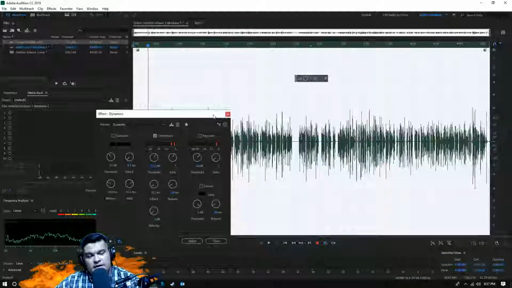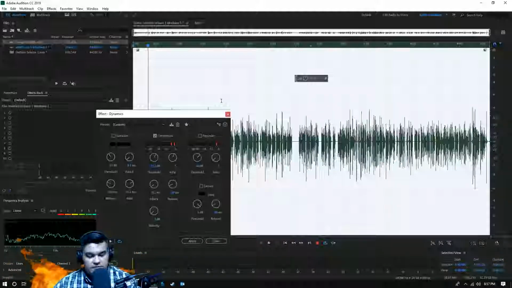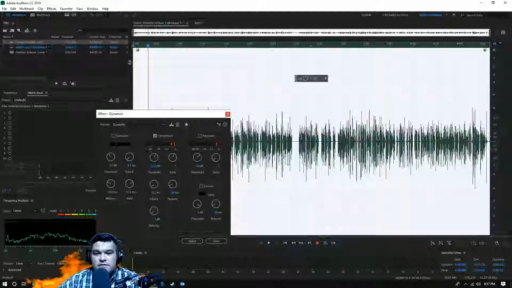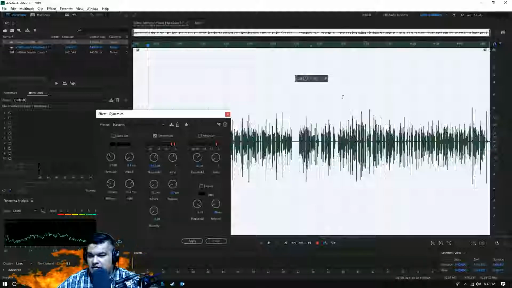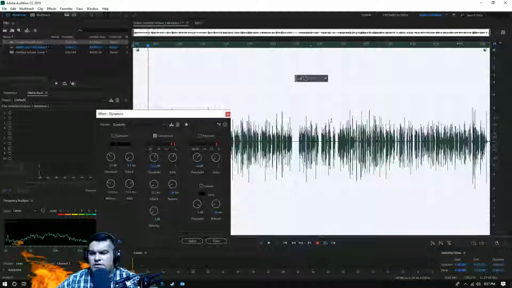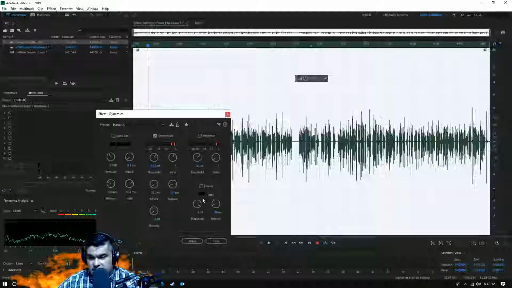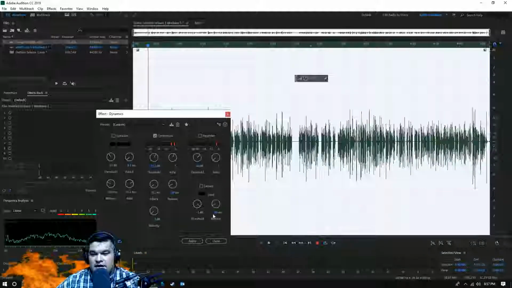And some people, and I saw a YouTube tutorial the other day, some dude was supposed to have 30 or 40 years of experience in this audio field. He said, what you do is you bring up your limiter right here and you set it for wherever you want to cut it off, minus 15 decibels. You set your limiter for that and it'll just